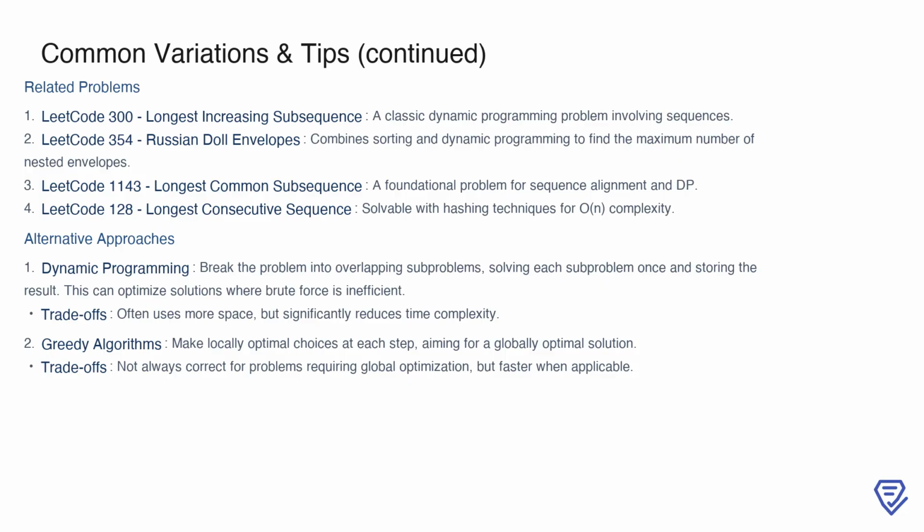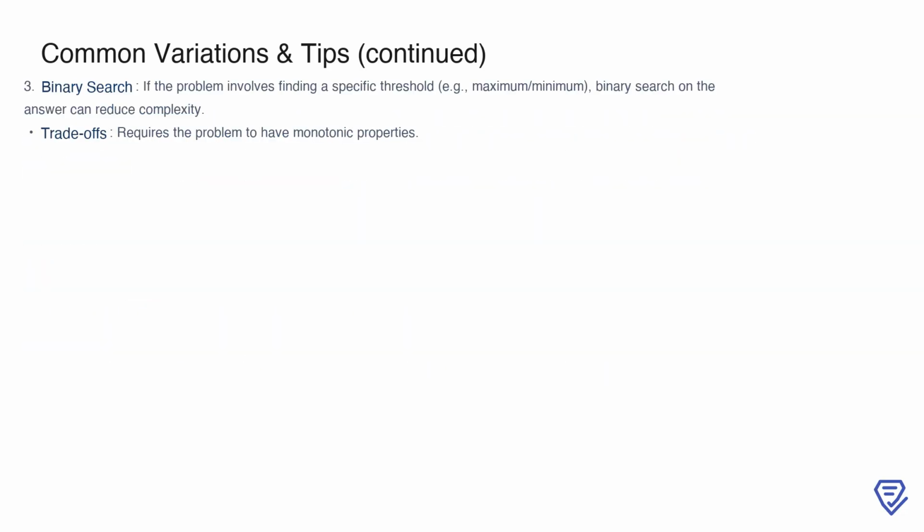Alternatively, greedy algorithms can be useful for making locally optimal choices at each step, which may lead to a globally optimal solution. However, greedy methods aren't always suitable for problems that require global optimization, so their application depends on the specific scenario. Another approach worth considering is binary search, which is particularly useful in problems where you need to identify